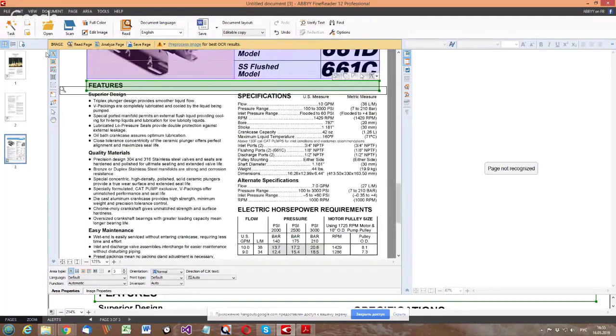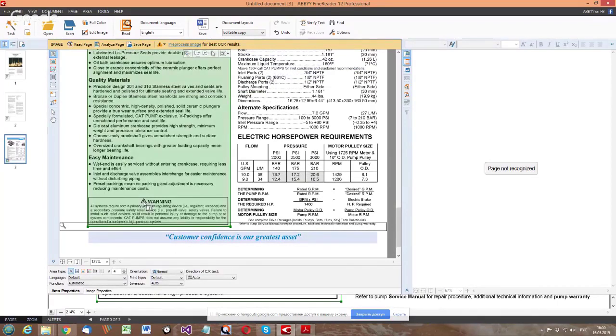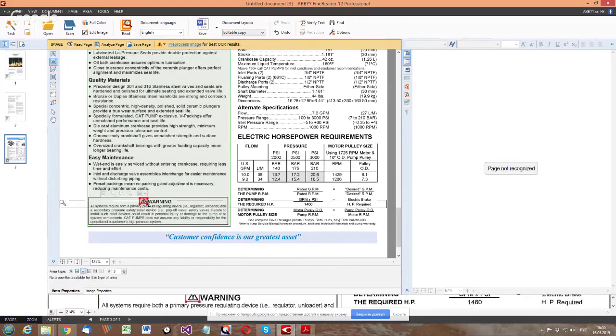So I will mark the areas now. For the first column, I create a text area, and after I create it, I notice that near the warning heading, there is an image. So I can actually mark an image area on top of the text area, but not the other way around. So I do it like this.